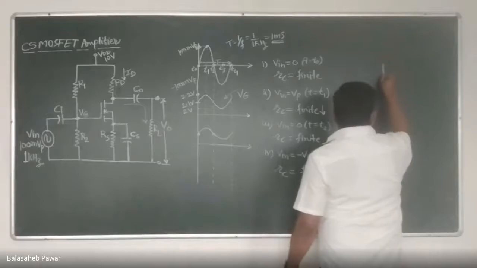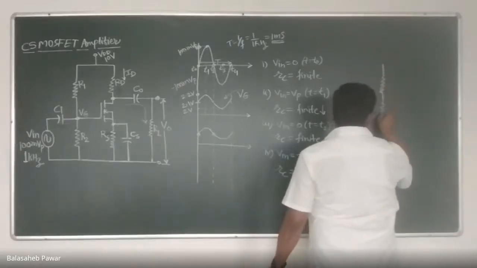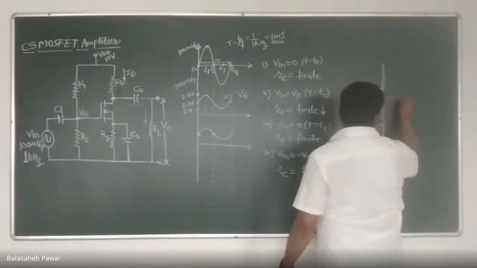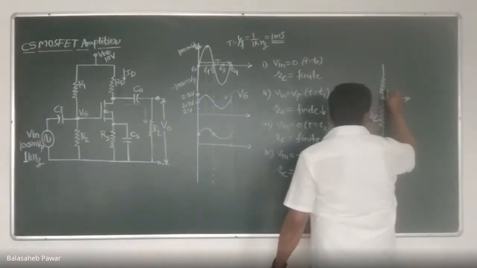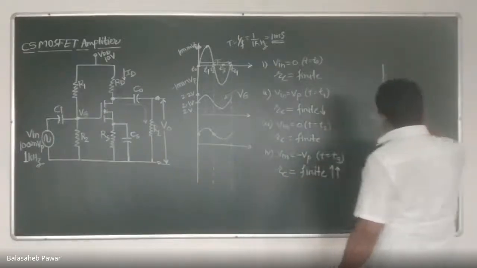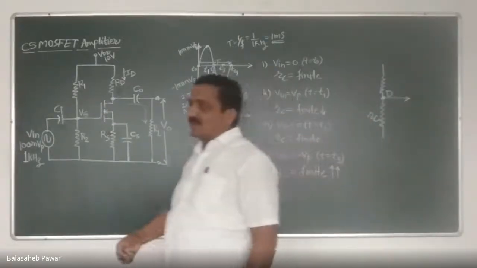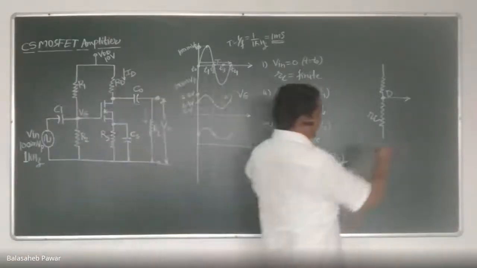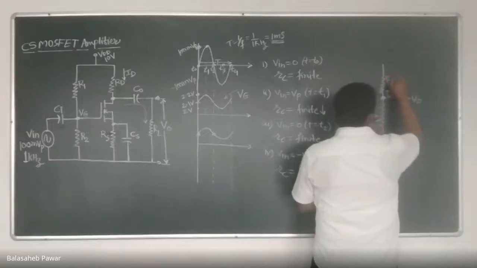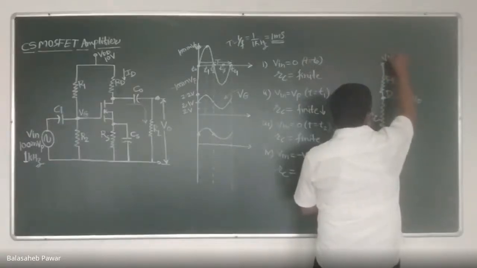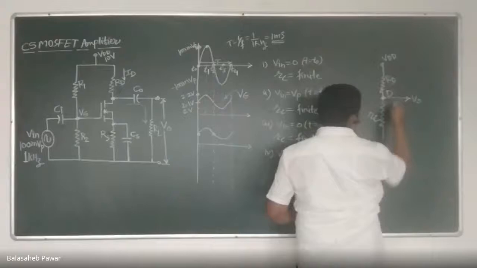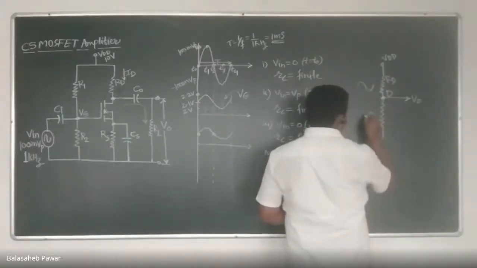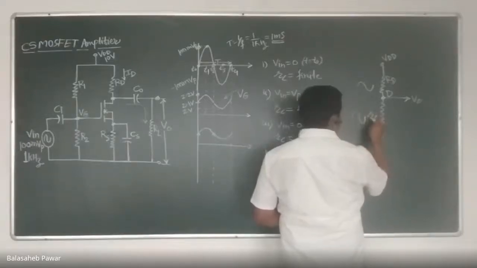Simply, I will replace this transistor in terms of this RC. This is nothing but RC. We are taking the output voltage at this drain terminal. We are interested in VDS, the voltage drop across drain to source. That is what we are calling the output, VO. This is our externally connected RD. This is VDD. And whatever current is flowing is time varying in nature, that ID. The same current will flow through this RC, right?